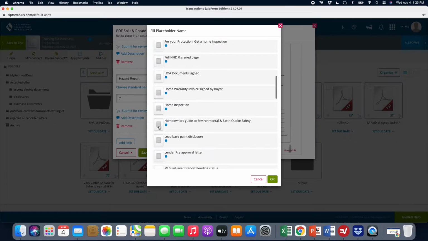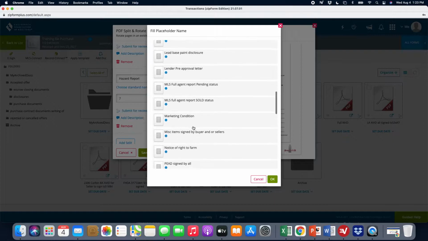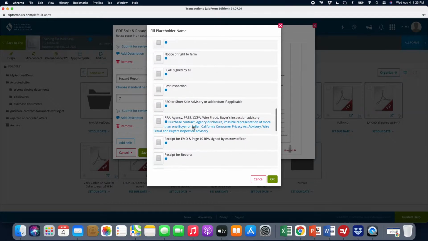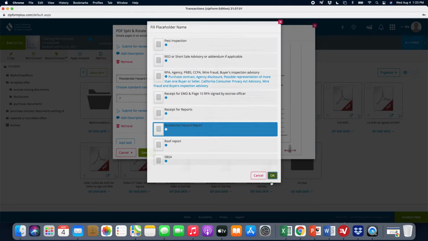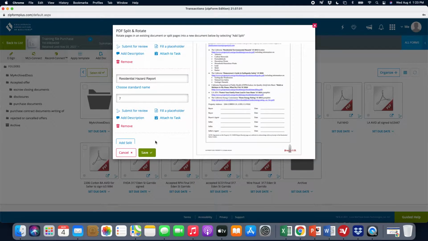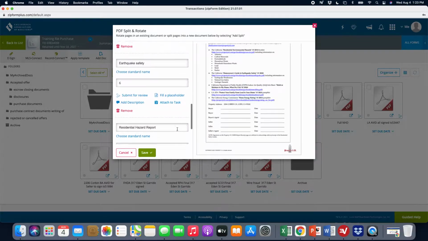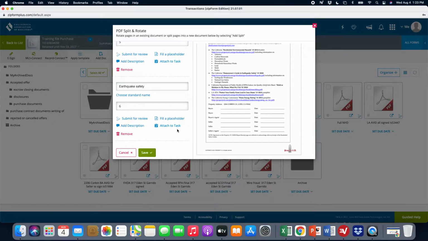Environmental earthquake hazard report. Let's see, where is it at? Is that it? I always get confused. That one. See, and then you just click on it, you hit OK, and now it'll drop that hazard report into that tile placement for me for that form, and I don't have to go back and do it again because I already did it. See? And it's all done. But if I hit save,